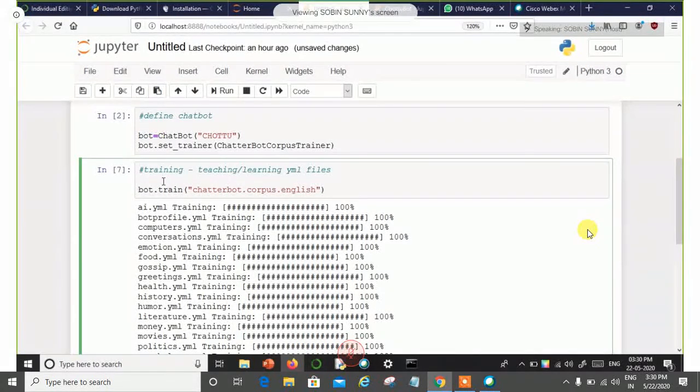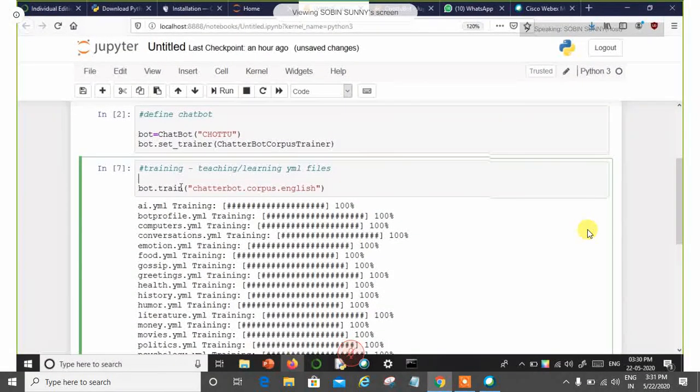So I'm not running the cell again, because the trained data is already stored in the database. If you need it, you can run the cell, else you can leave it. If this is the first time you're running it, definitely you have to run the cell. But for the second time, if someone has restarted the kernel, you don't have to worry. I'm not wasting time with that, so I'm just running this.